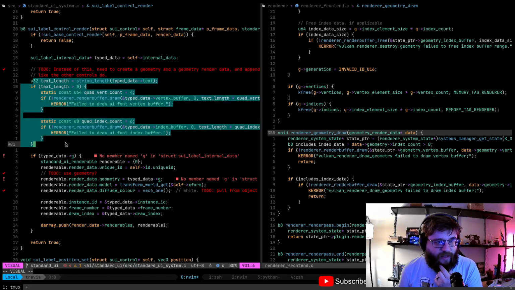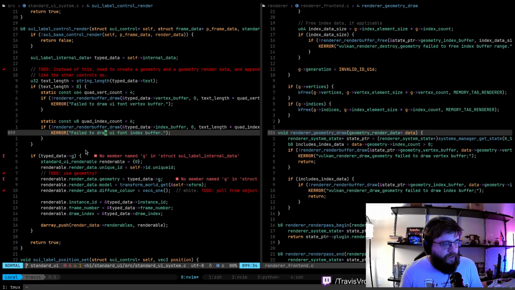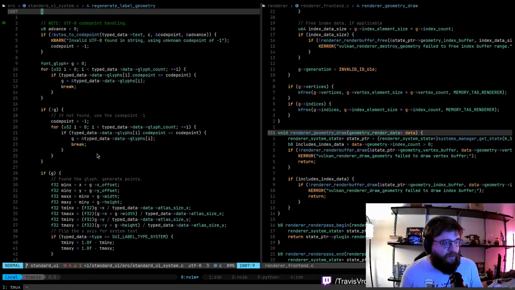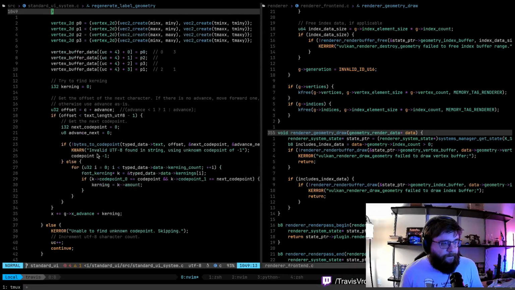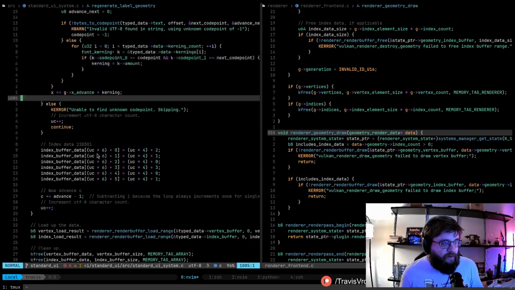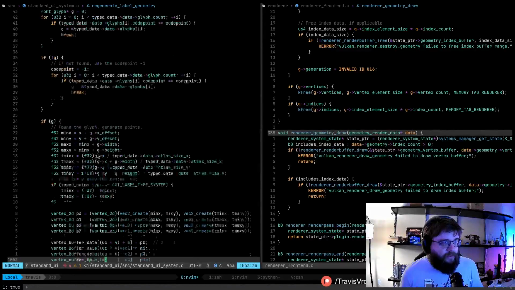And the only thing that we'll actually wind up having to do is keeping track of where we are in the buffer whenever we allocate memory for that. So we'll keep track of that. And then obviously how big the data chunk is that we have allocated. And I think as a slight optimization, what I'm going to do is when we regenerate our geometry, I'm only going to resize the buffer when it grows in size.